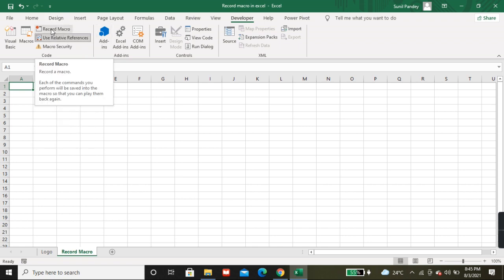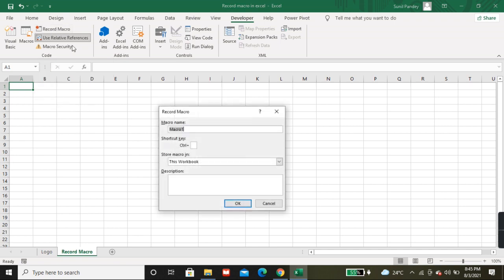Now click on Record Macro, and after clicking it, a dialog box will appear. Here you need to give a macro name. By default it is Macro1.